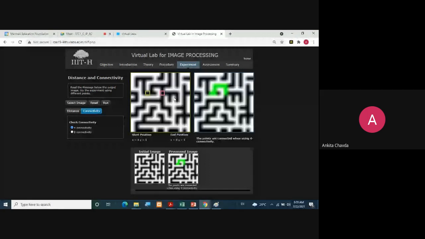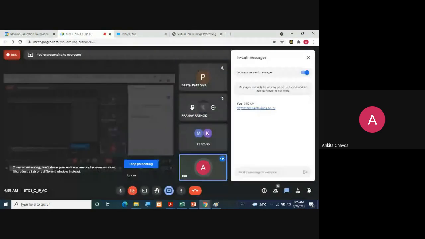Same way for the 8 connectivity also you can check, right? This 8 connectivity can take diagonal path also wherever it is possible, right? But the 4 connectivity, it will always go for horizontal and vertical only. Fine?